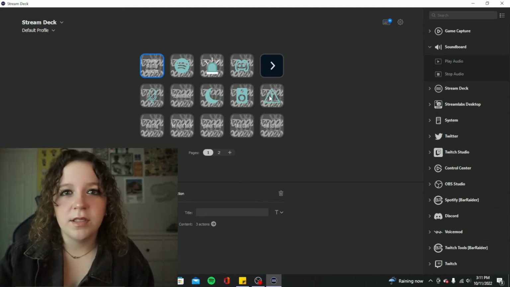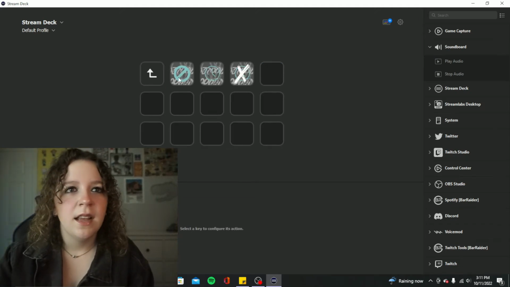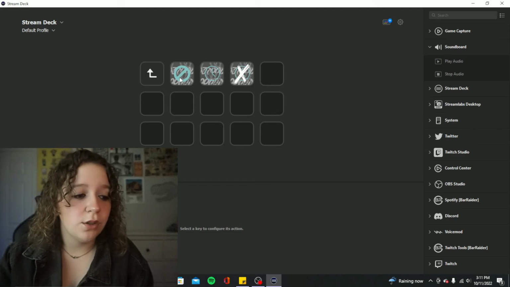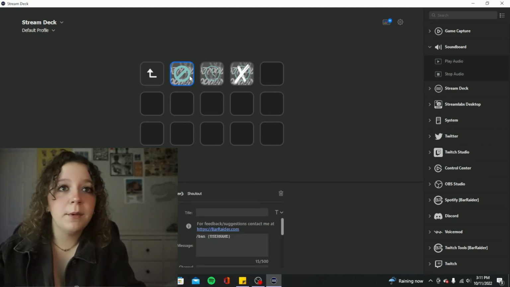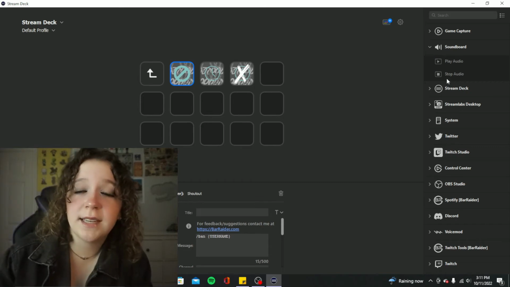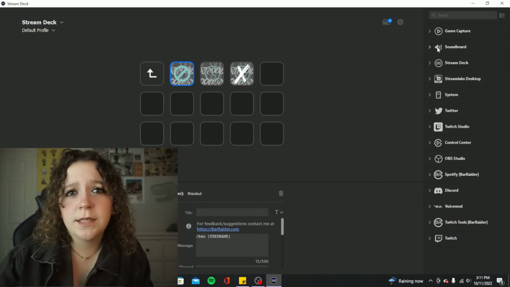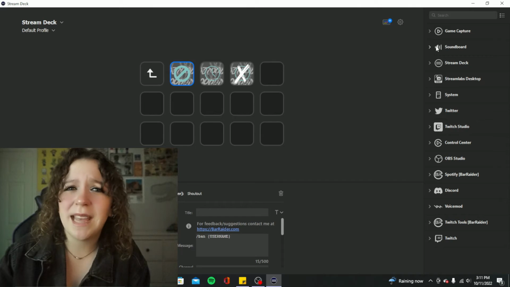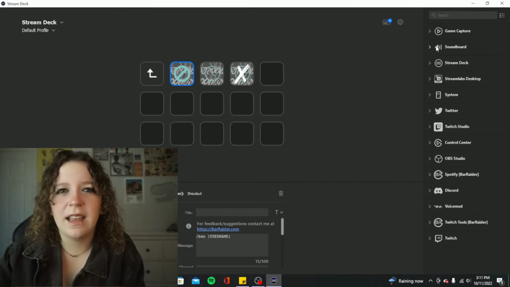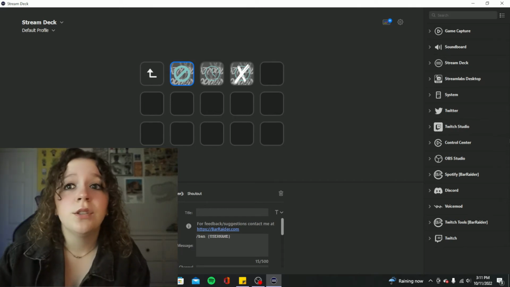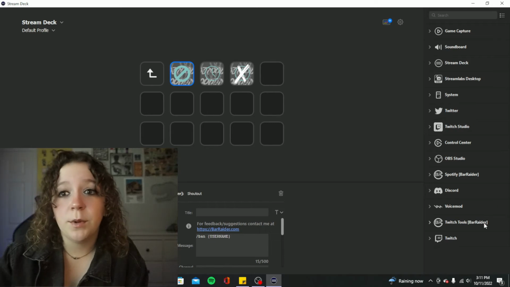Next, I have this emergency button, I guess. This just allows me to time out, ban, and untime out. Now, I want to get into these because I actually don't have it set up where, I'm pretty sure there are specific buttons that can do this, but they have not worked for me, and I have heard other people complain about this. So, the way that I would say to do it that works 100% of the time is